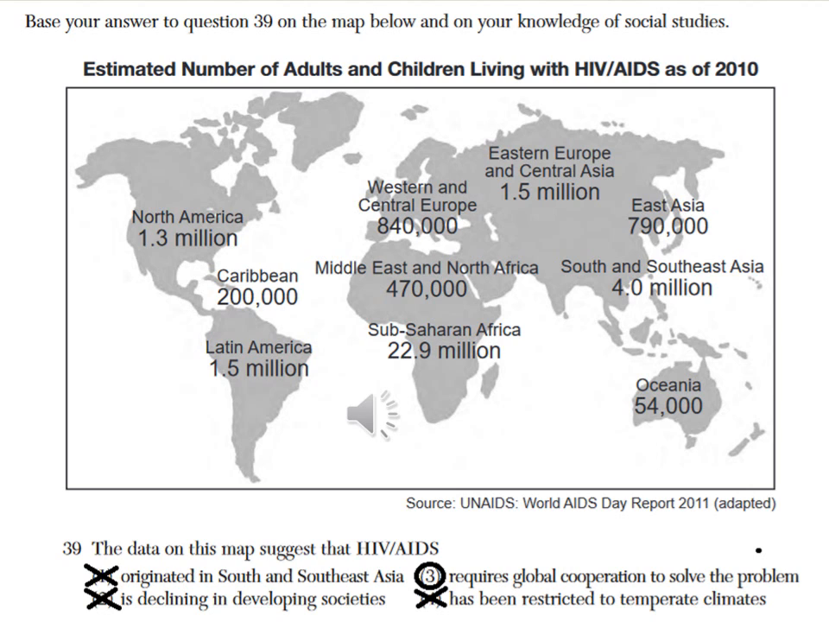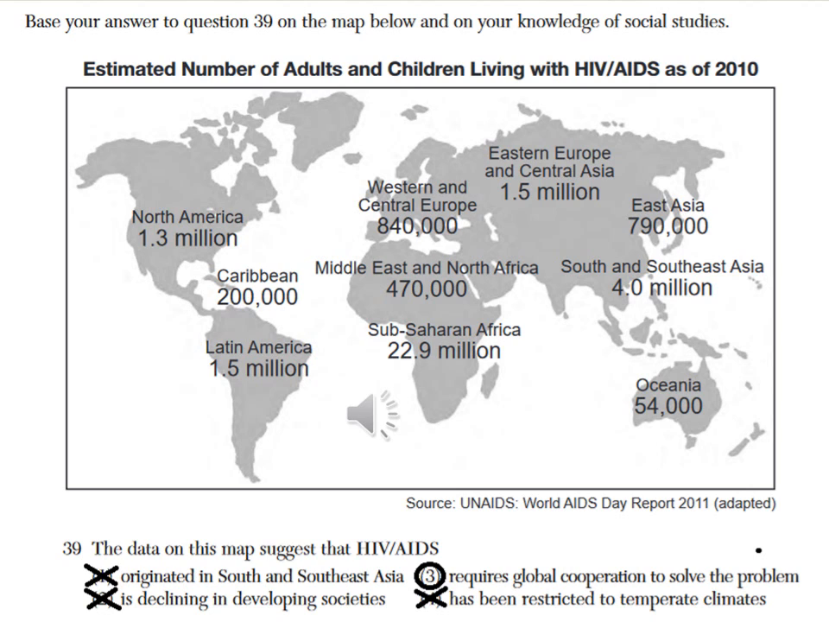In Eastern Europe and Central Asia, it's 1.5 million. Western and Central Europe, it's 840,000 people. I mean, you're given numbers in front of you. You can see them. And let's look at the question. Question number 39. It says that the data on this map suggest that HIV and AIDS: 1. originated in